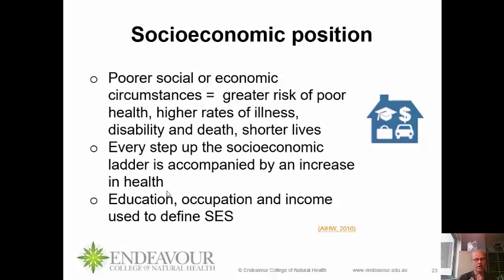So education, occupation, and income are all used to define socioeconomic status. So educational attainment equips people to be able to achieve more stable employment, to have more secure income, to live in more adequate housing. So again, thinking about how these things interrelate with each other. An individual's level of education affects not only their own health, but that of their family, and particularly dependent children. Occupation has a strong relationship with someone's position in society.